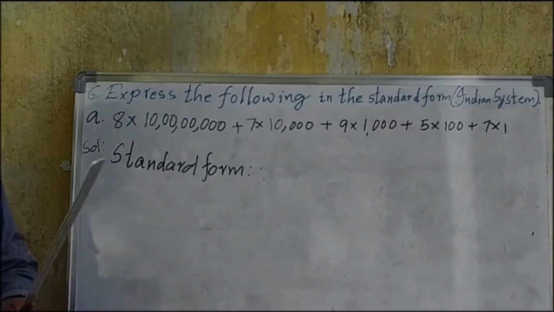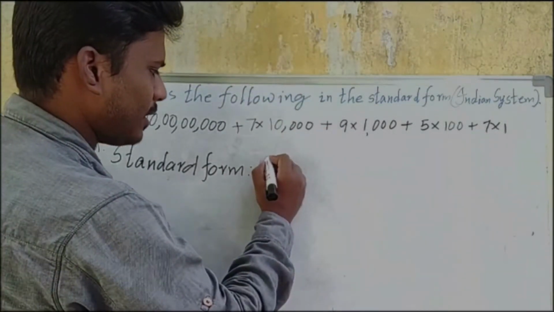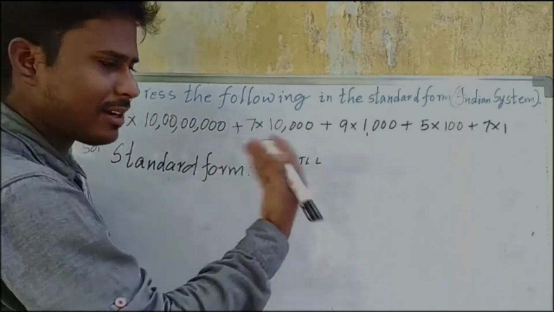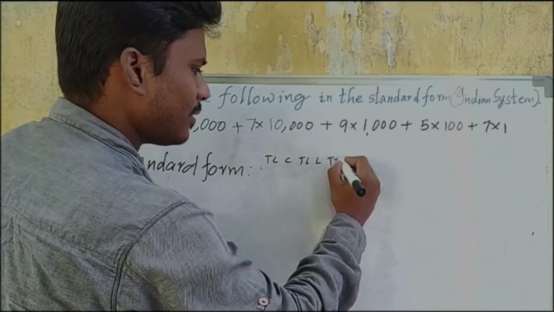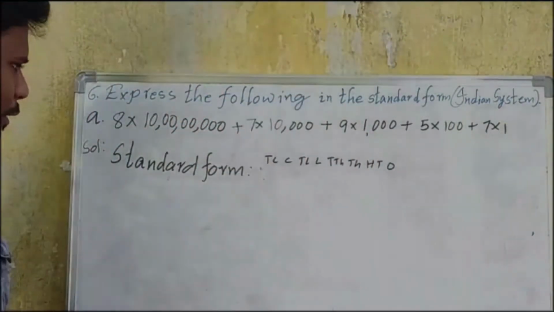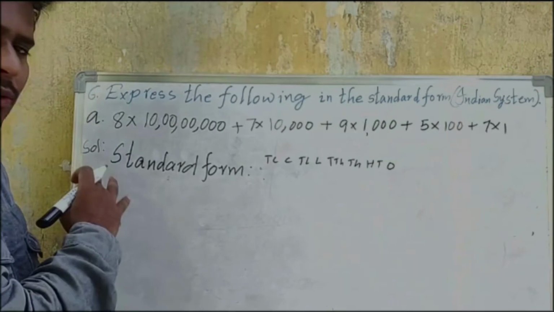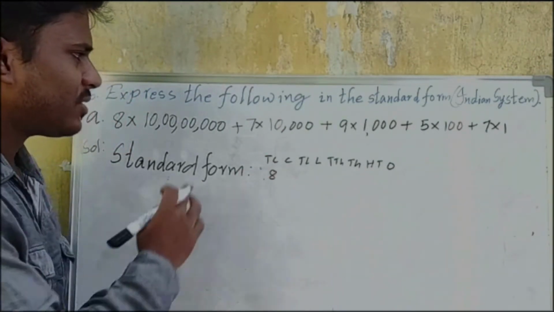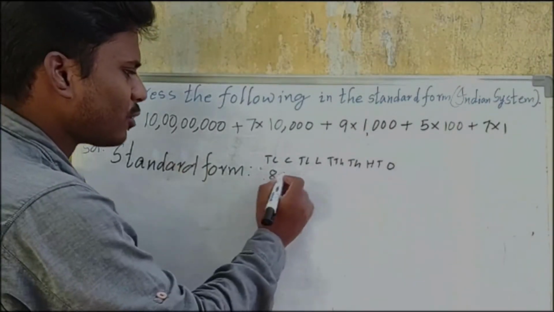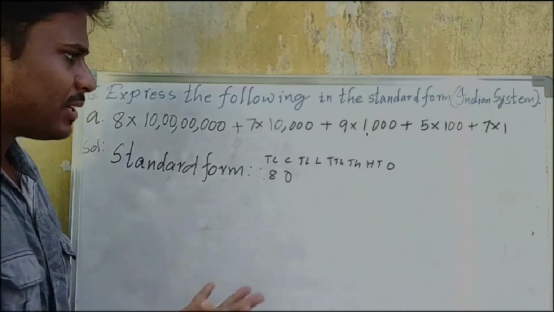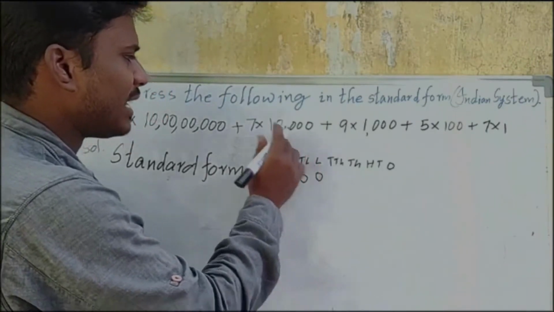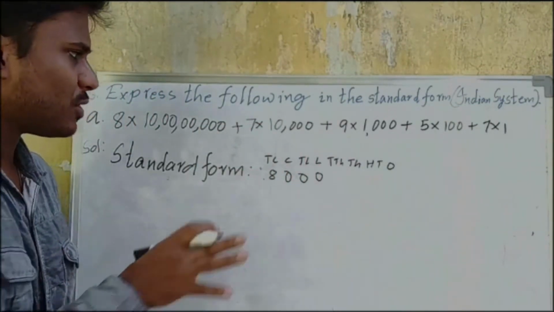Now let us come in the period wise order. 10 crore, then we have crore, then 10 lakh, lakh, after that 10,000, then thousand, hundreds, tens, ones. In the 10 crores place, which digit we have? 8. So 8. Next directly 7 into 10,000. That means there is no 1 crore. So 1 crore place 0. And you do not have any 10 lakh also, 0. Lakhs place also not given, so 0. So directly the question given is 10,000. So 7 into 10,000.